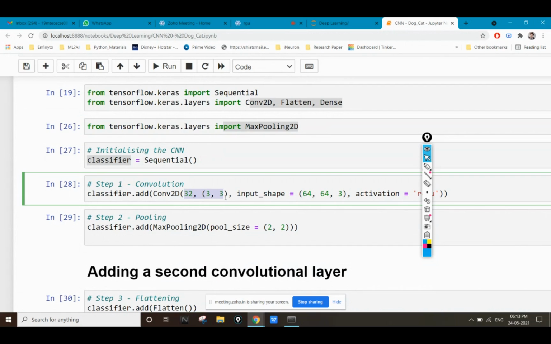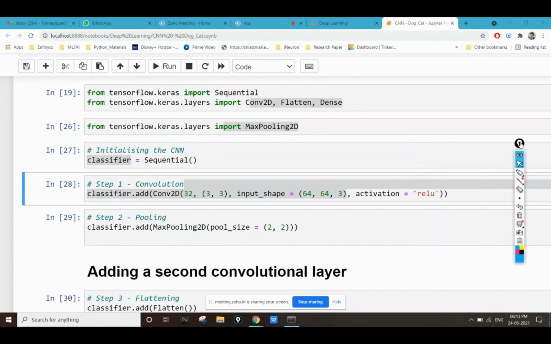So the input image we are going to take will be 64 cross 64 pixels, and all the images are colorful, that's why I'm taking 64 cross 64 cross 3.